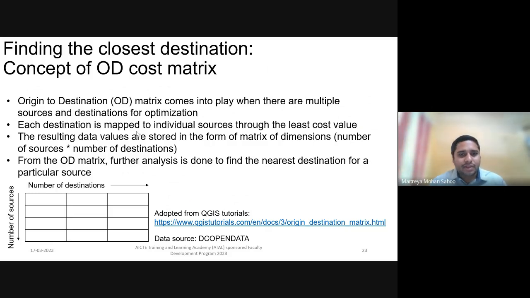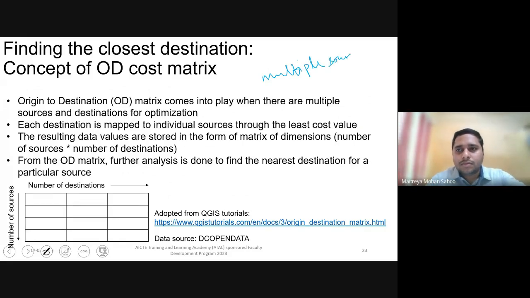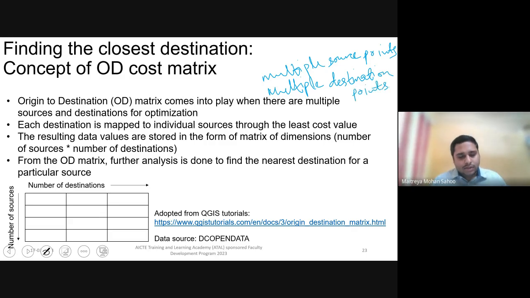This case is applicable when there are multiple sources and multiple features, that is, multiple source points and multiple destination points. So we would be moving to this concept of the OD cost matrix, which is the origin to